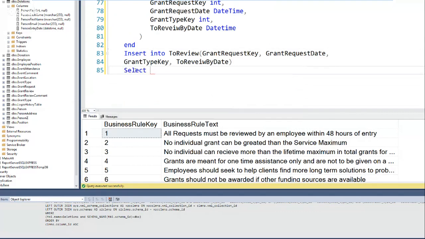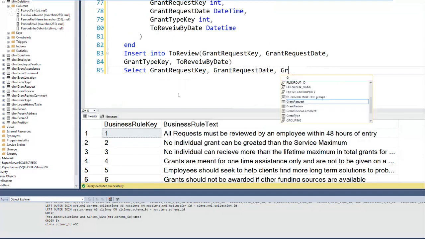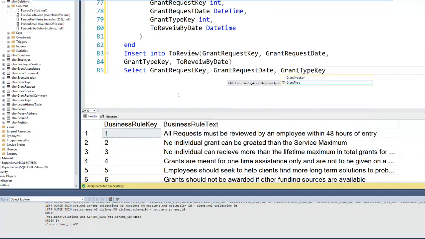So we want these same fields. So grant request. Okay, and then